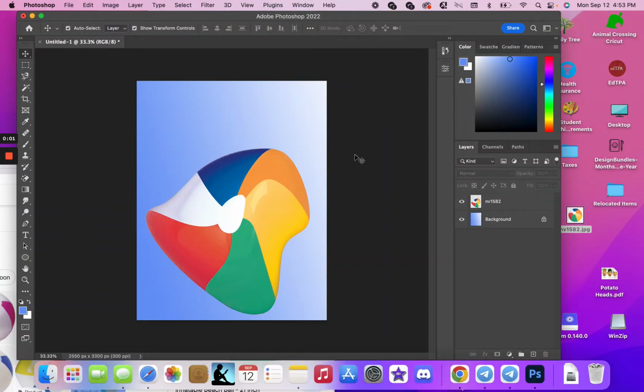So we have our image, we have our background. The only other thing to learn in this project is how to add text. So if you go down here and you're scrolling, you're going to find the T. And if you click and hold it, you're going to see horizontal type tool, vertical type tool, vertical type mask